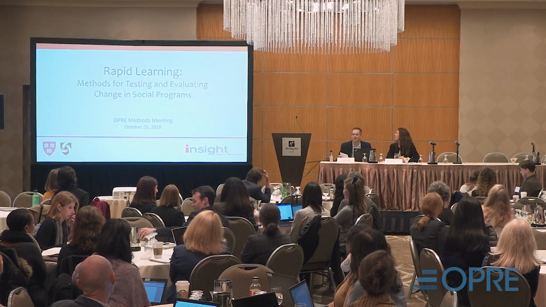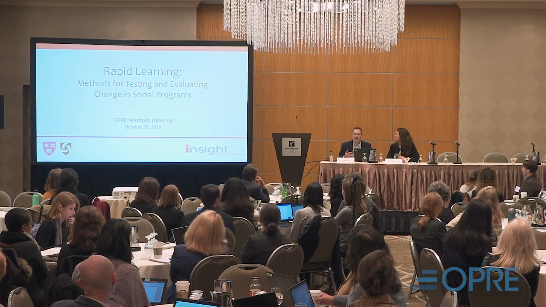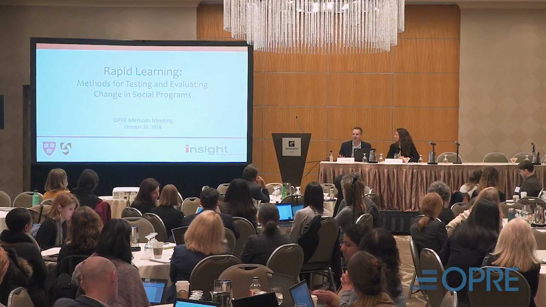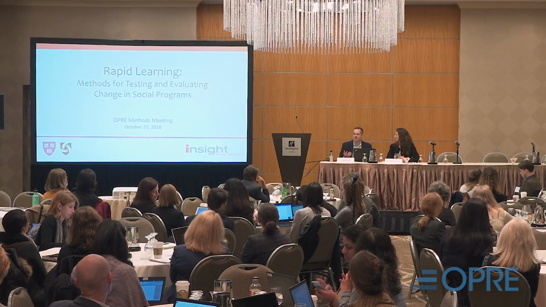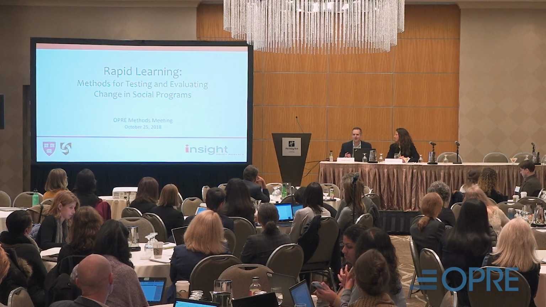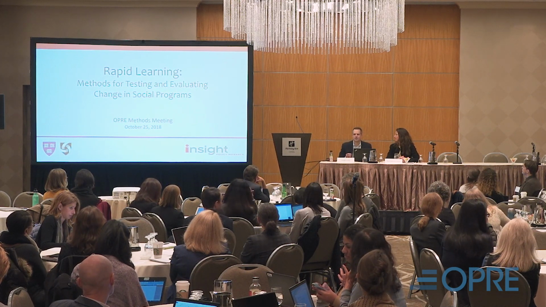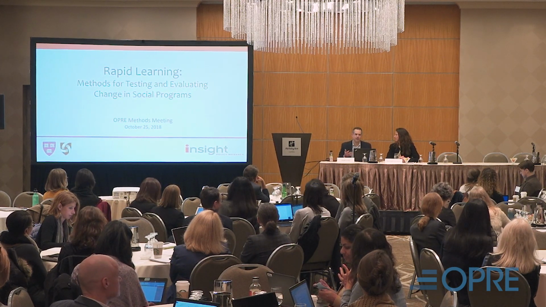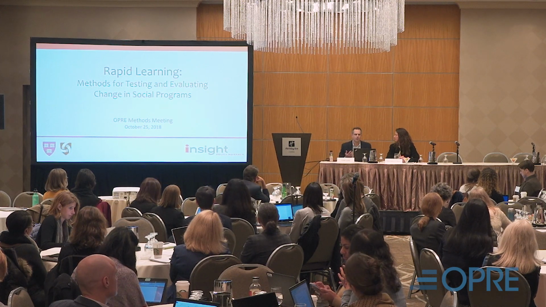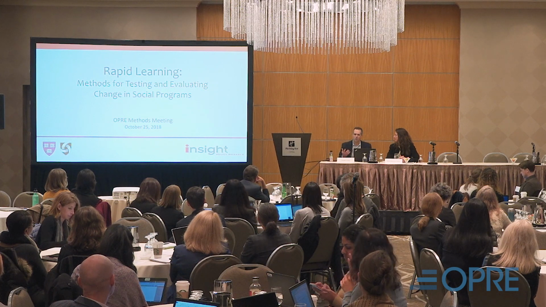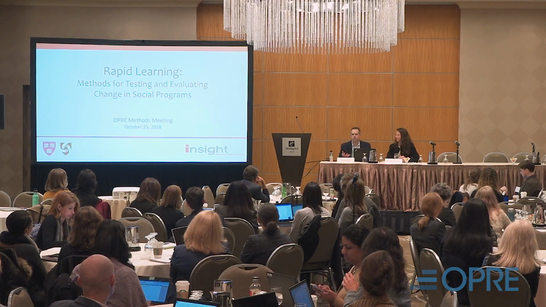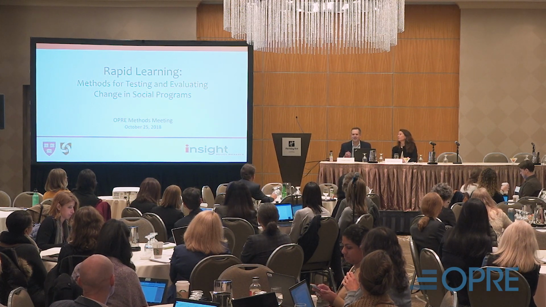So those of you who have heard me talk before know that I feel like we are embarking on an era where we can use program data and rapid testing to help programs target services, become more effective, and improve rapidly. But the more I do this work, the more I see people looking for the one-size-fits-all approach to program improvement. And there is no one-size-fits-all approach to program improvement, just like there's no one recipe